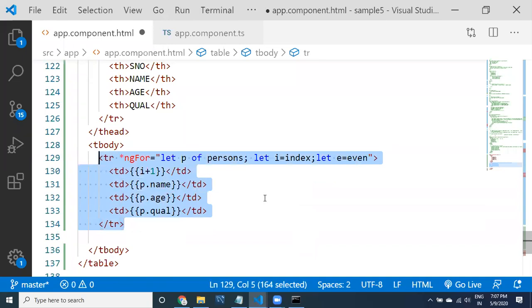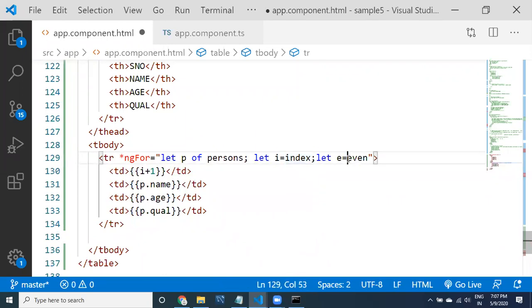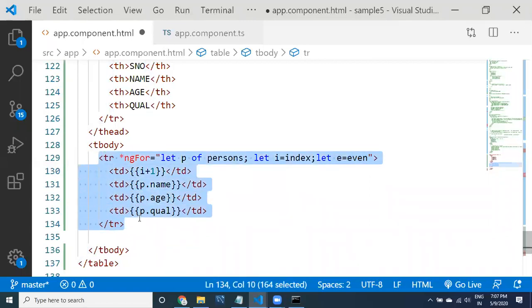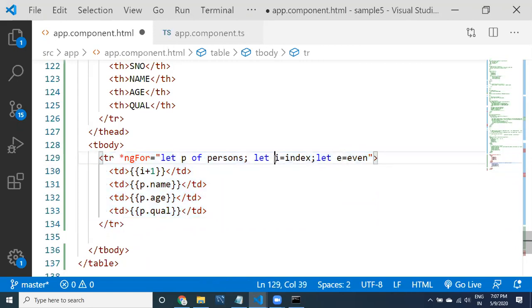The second time comes, it is going to be index 1, that is not even, it is going to give you odd. So even is going to become false. So this even variable contains true or false. If it is an even number record, it is going to give you true. If it is an odd number record, it is going to give you false. So this is actually a boolean variable, and now it gives you true or false.